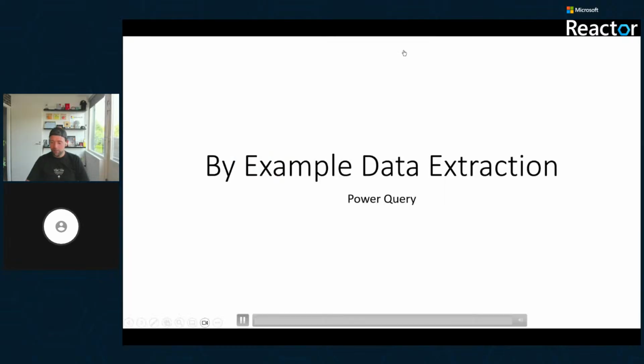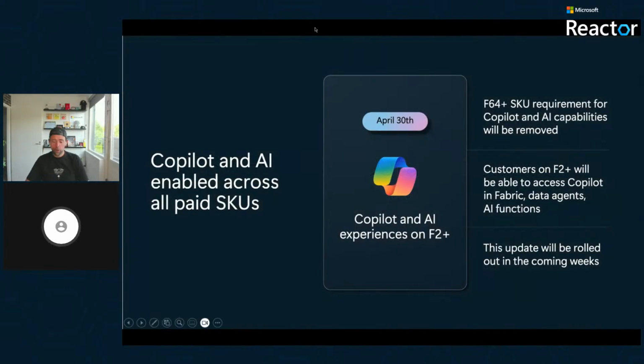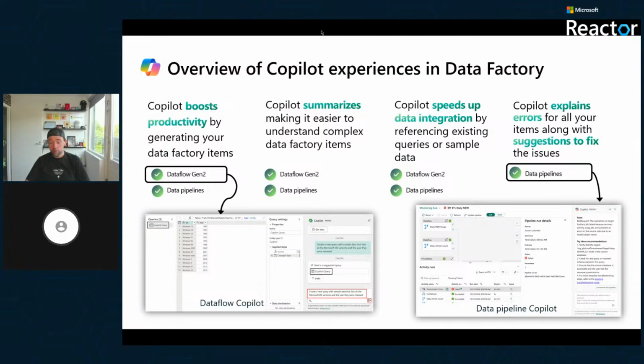Nonetheless, let's go forward. For example, in Data Factory, of course, we have CoPilot and AI enabled. It is now enabled since April 30th for every capacity starting from F2 plus. And this is already available right now. We're living in June, meaning that everyone that has a Fabric capacity should have access to the CoPilot and AI experience as well, allowing you to leverage some of the cool stuff that we have in Dataflows